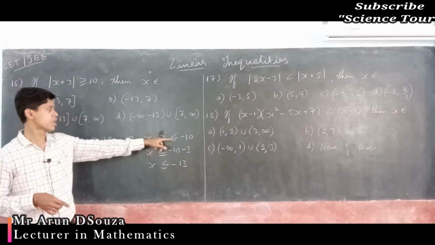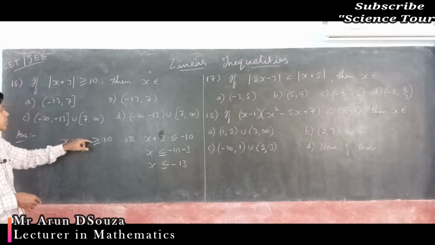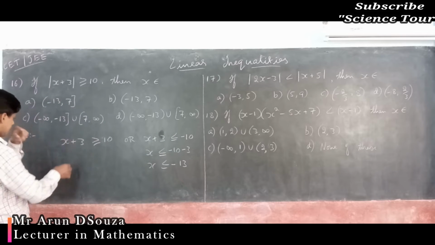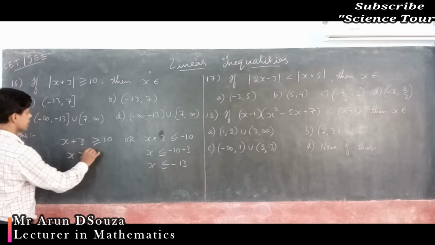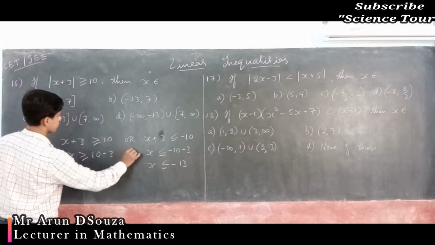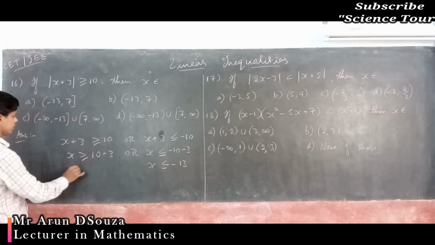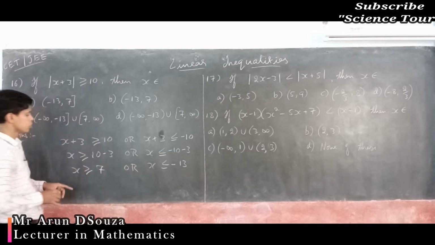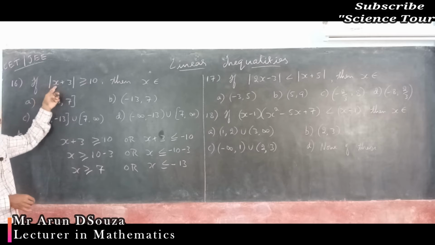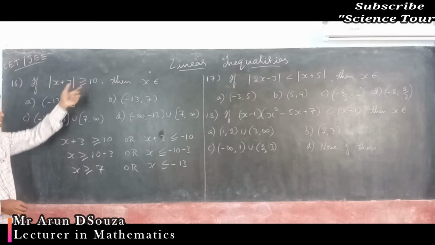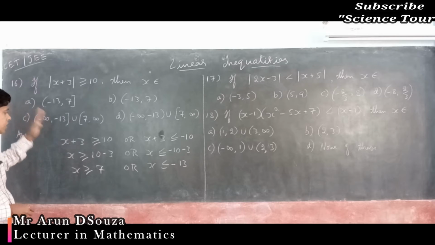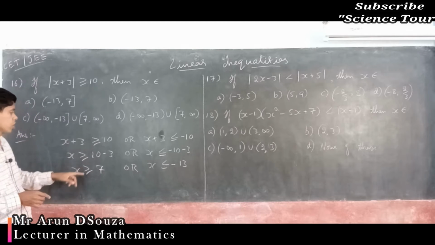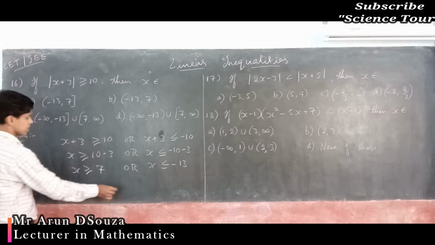So either it must be less than or equal to minus 10 or it must be greater than 10. Greater than 10 means x is greater than or equal to 10 minus 3, right? So that means x is greater than or equal to 7. Now you put any value greater than 7 here. You put 8. 8 plus 3 is 11, modulus of 11 is 11, greater than or equal to 10, right? So it satisfies. Therefore the solution is